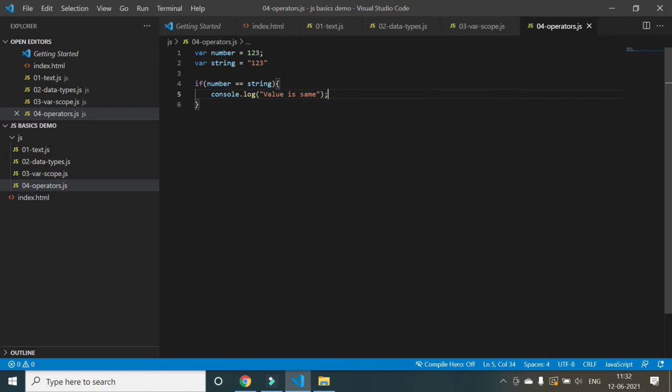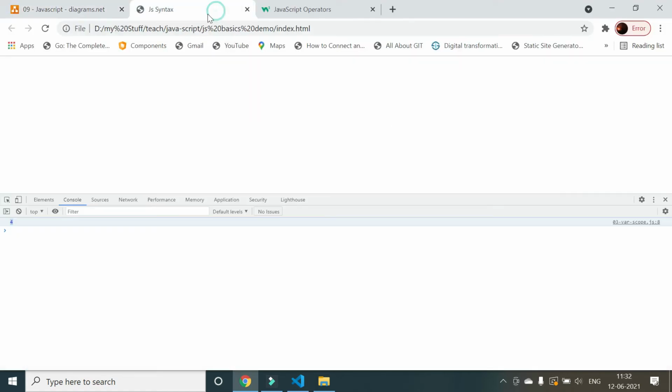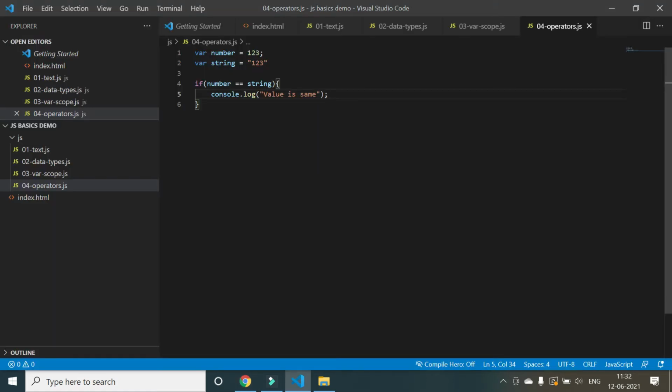Let's quickly test it. Let's go back and refresh. It says value is same. Though their data types are different, it only checks for the value. But if you want to check whether the data type is also the same, then you will use this triple equality operator.